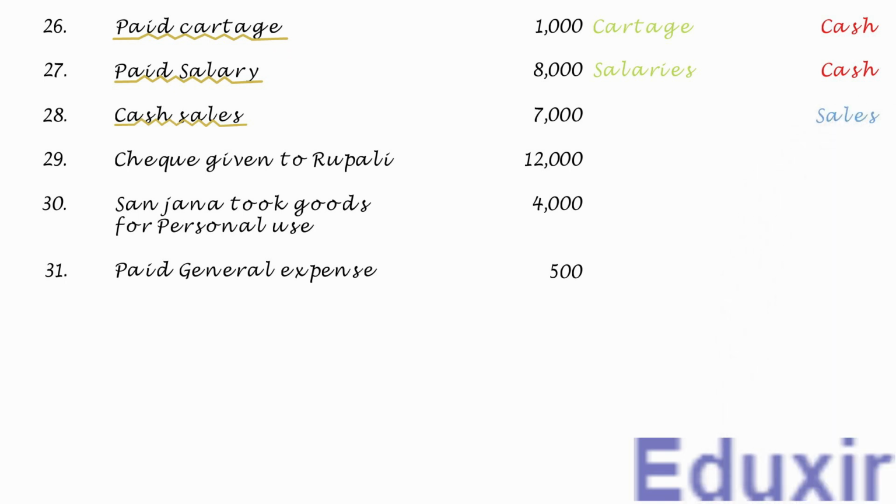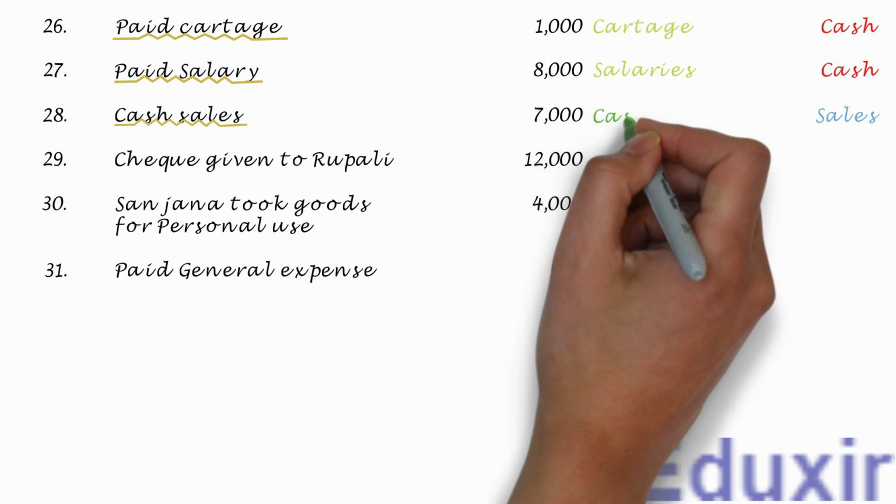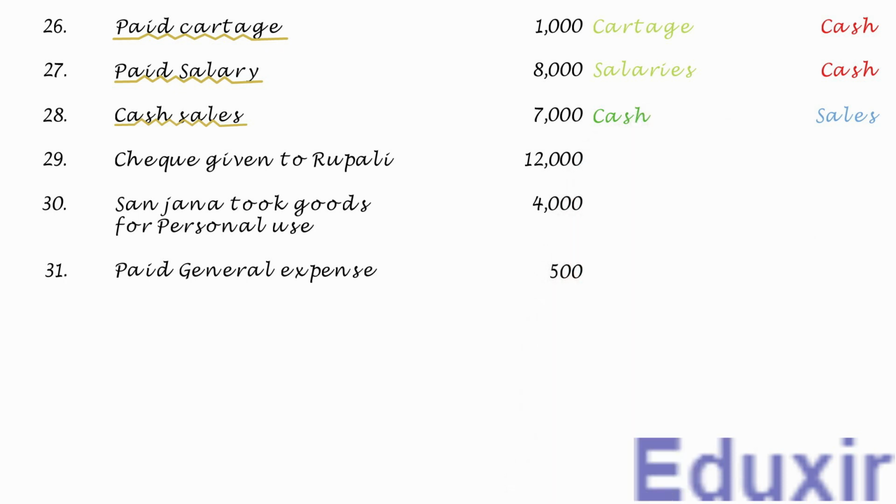At the same time, as this sale is done in cash, there is cash flowing into the business. In other words, the cash asset of the business is increasing. The rule to record an increase in the asset is to debit the corresponding assets account. In this case, the cash account should be debited. With this analysis, let us proceed with the generalizing of this transaction.